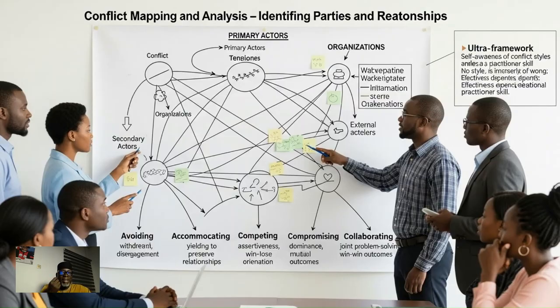And number five is to assess power dynamics. You evaluate the balance of power between the parties, including formal and informal sources of power. When there are power imbalances or even power asymmetries, which can influence the cause of the conflict and the effectiveness of resolution strategies. Then you look at number six, which is identifying conflict escalation and de-escalation factors.